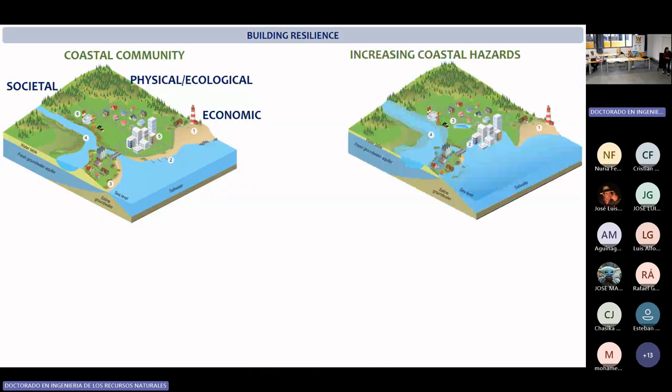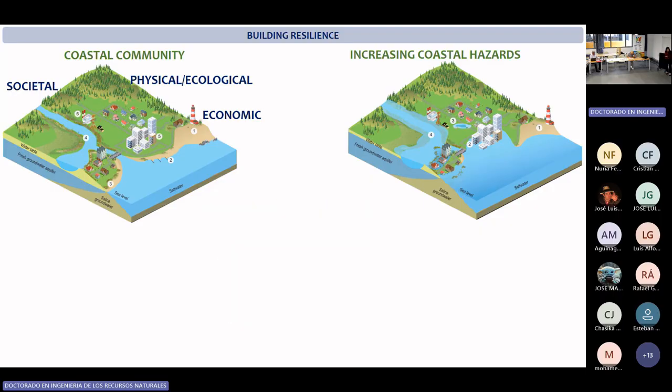So I will take an example to explain what the main actions related to nature-based solutions are. Some of them have already been taken in Normandy. For example, in Nature-Based Solutions, we have taken some actions. Okay, so I will start from a system, a coastal community. We have different components: physical, ecological, economic, socio-economic, and social components, and we have the interaction between all components.